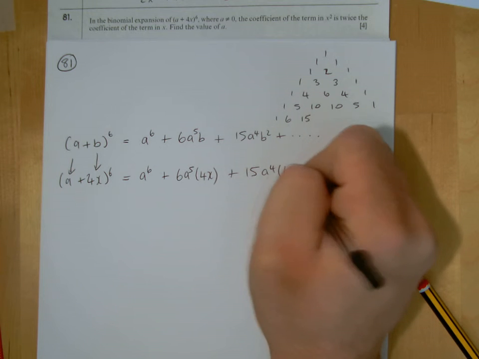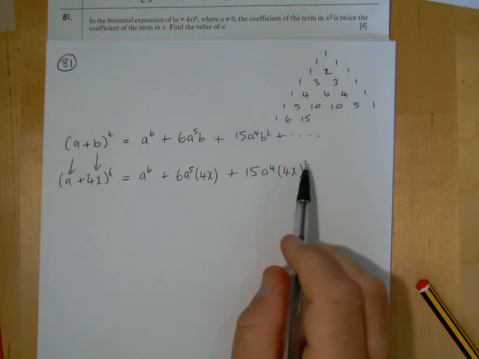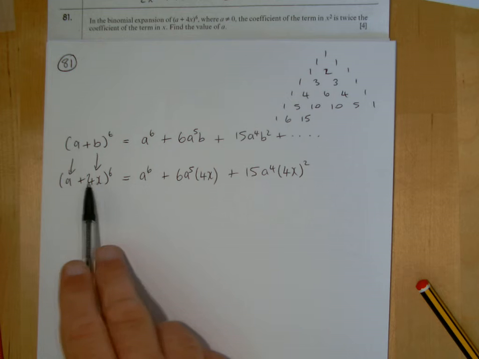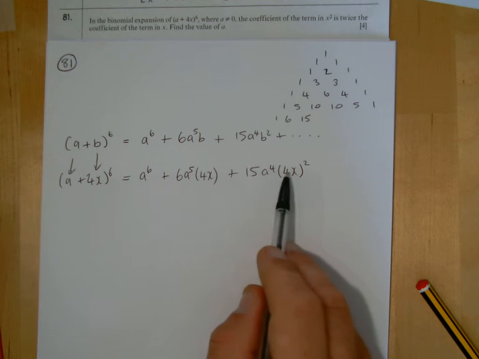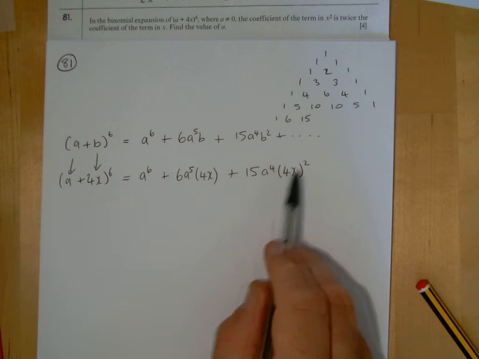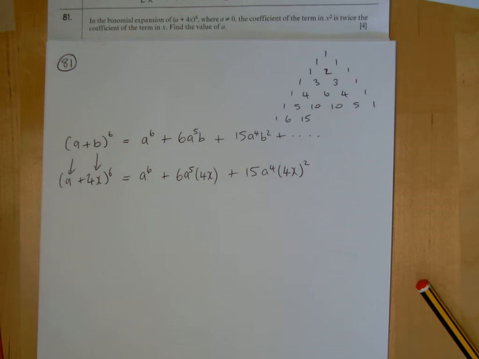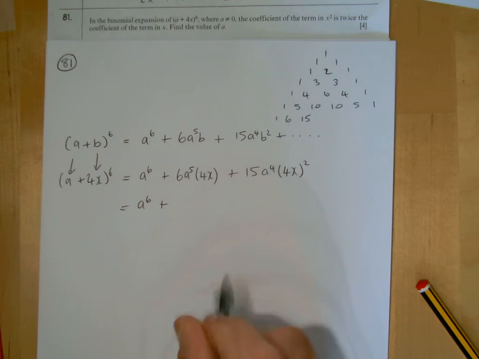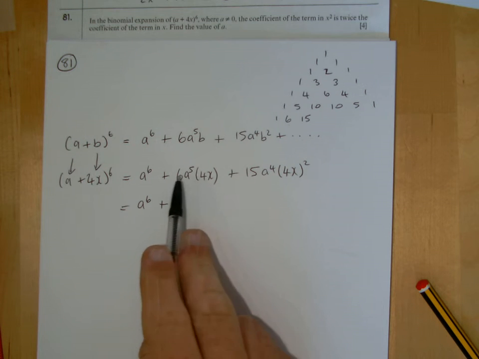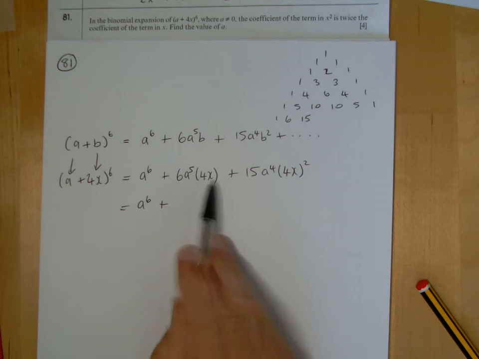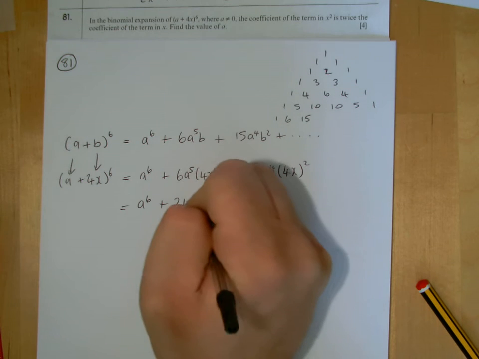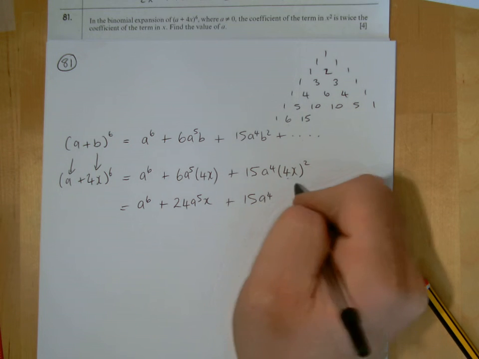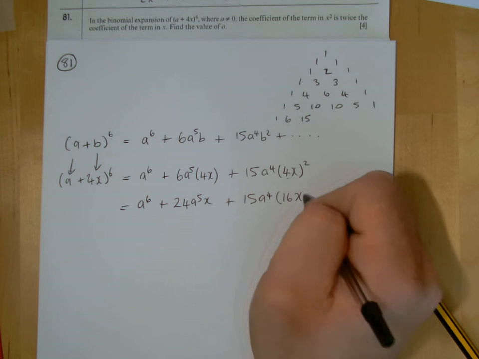So remember, put it in a bracket because it's important to realise that when you square b, we're squaring all of this. That's what b is, so you've got to square all of it. You're not just squaring the x, you've got to square the 4 as well, because that's what b is, square the whole thing. That's why putting it in a bracket will really help you here. Simplify it, well, you've got a to the power 6 plus, now here, put the number in front. So 6 times 4 is 24, a to the power 5 x, and here then, perhaps we take a little bit more time, I'll square this first, so I get 16x squared,